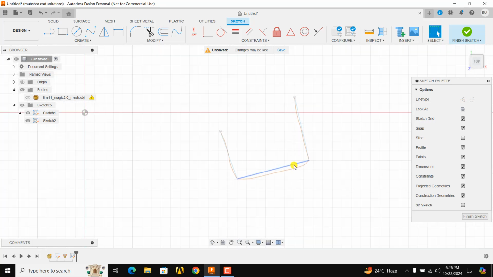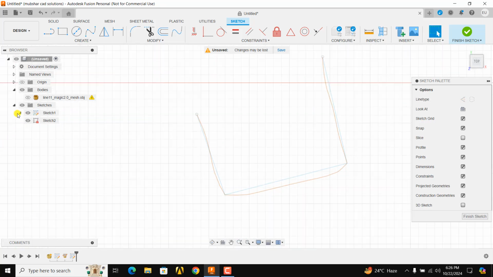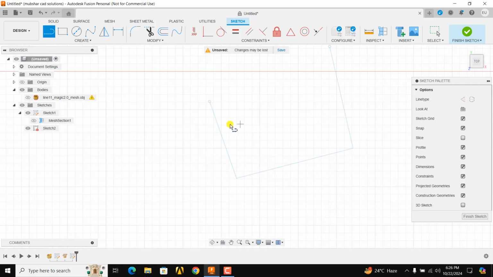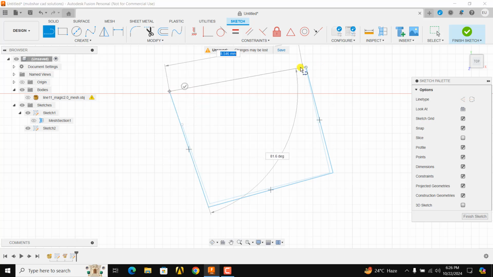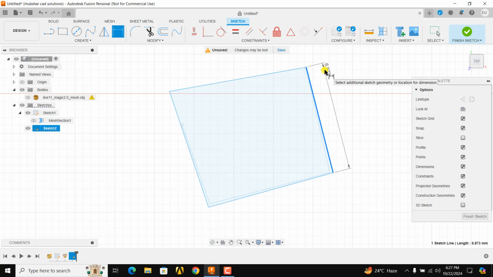Select this top plane. I will hide this one and then start creating lines. The length of this line is more than this one, so I will keep the measurement of this line, approximate measurement, which is approximately 7 mm. Click OK. Now this will be our